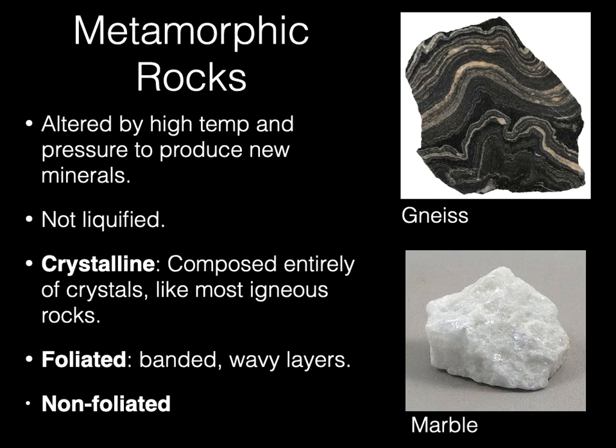Okay, last type of rock, metamorphic. So a caterpillar undergoes metamorphosis. It metamorphoses into a butterfly, right? So metamorphic rock means to change, to metamorphose, to go from one thing to another, and that's exactly what it is. It's rock that starts out as maybe sedimentary, maybe igneous, maybe metamorphic, and then it gets changed. And there's a couple of ways it can get changed, but the main one is by pressure and temperature.